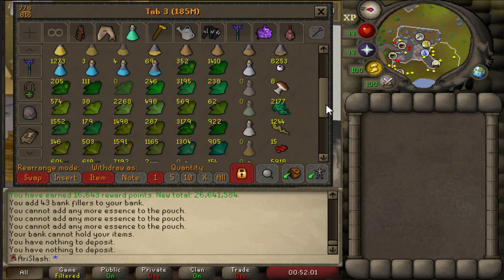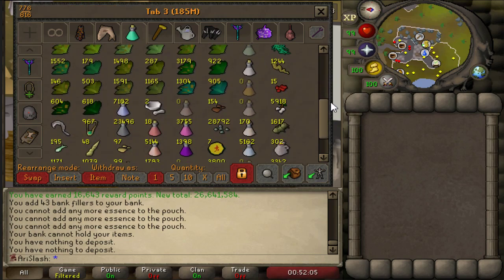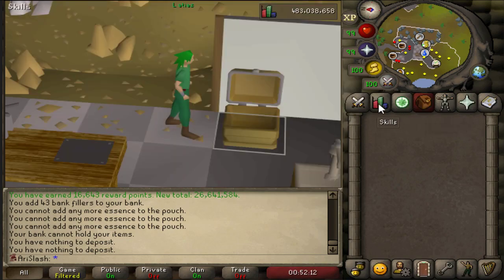And I've placed all the unfinished potions here in order from what gives the least XP to what gives the most. Actually, I think I lied. Super attack gives more than...